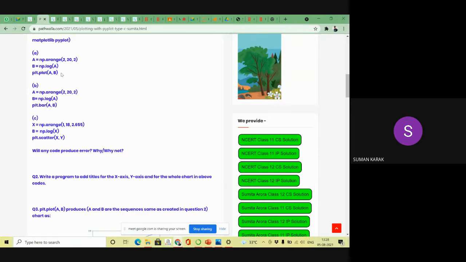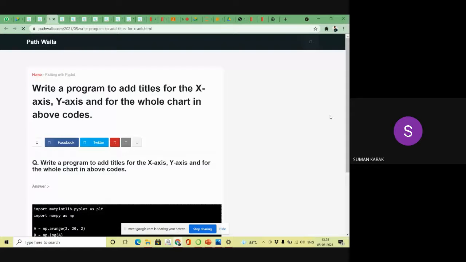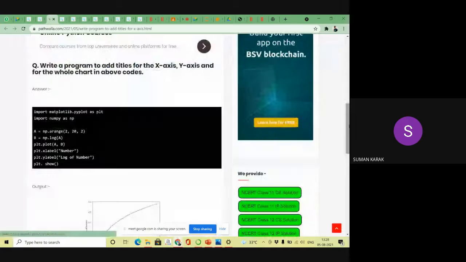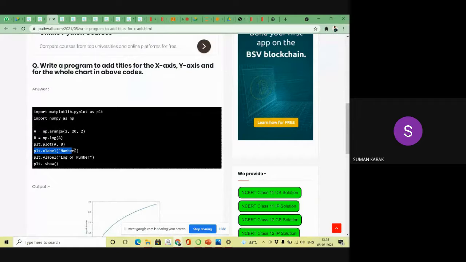Yes. So xlabel is equal to the name, and ylabel is equal to the name, right? That is the answer. You can see the same code is there, and I'm adding the label. When you add the label, then your label will be showing. So this type of question will be coming.